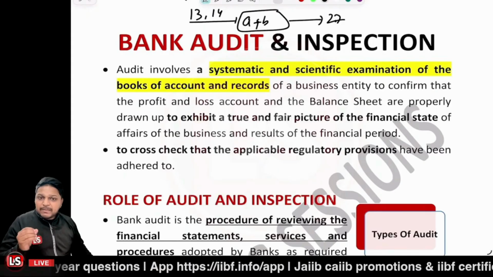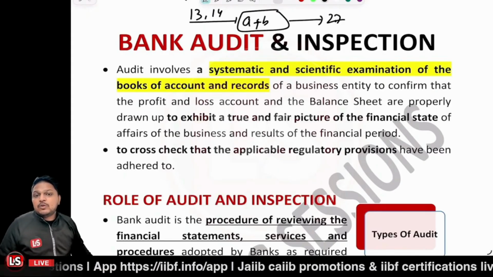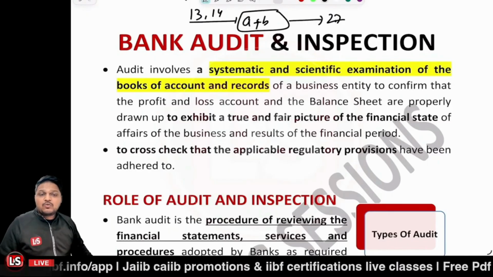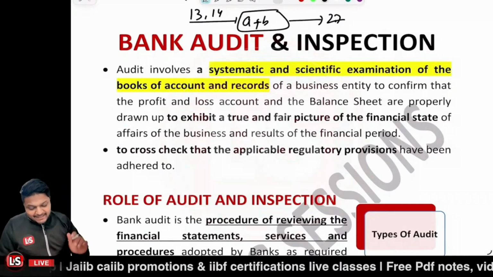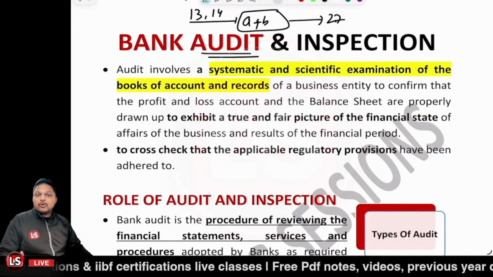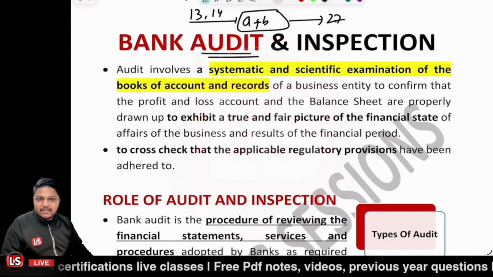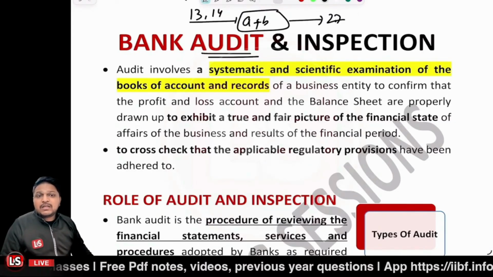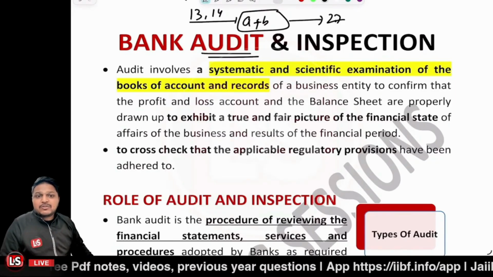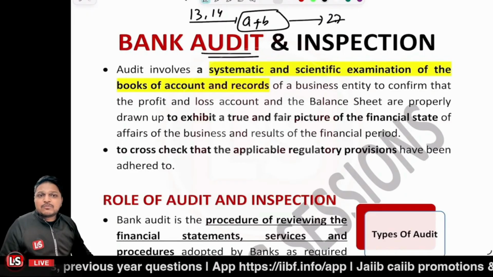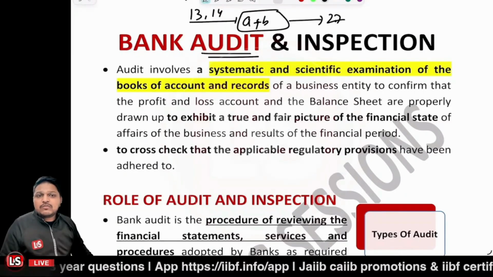Now there should be some person who will be inspecting into these particular things, who will be looking into these particular things, that if it is working all fine or not. And that is the work related to the audit department, that systematic going to check and inspect each and everything, that if it is working all fine or not, right? So it's the duty of the audit department, right? So that's the first point related to it. Is that clear?